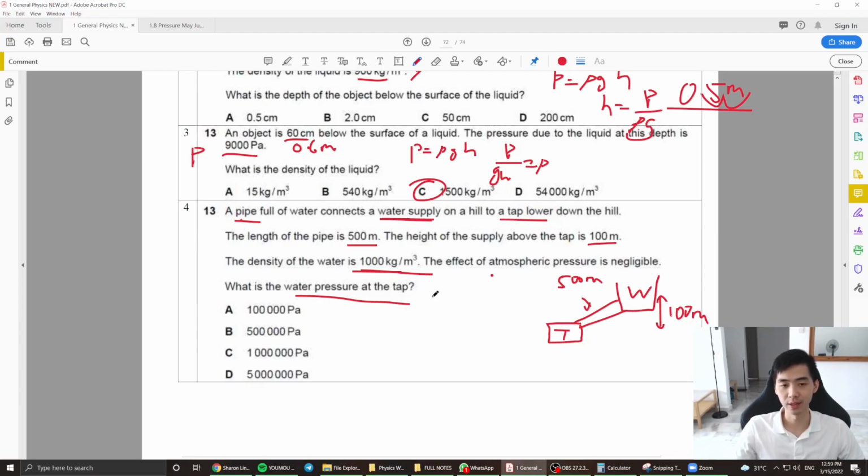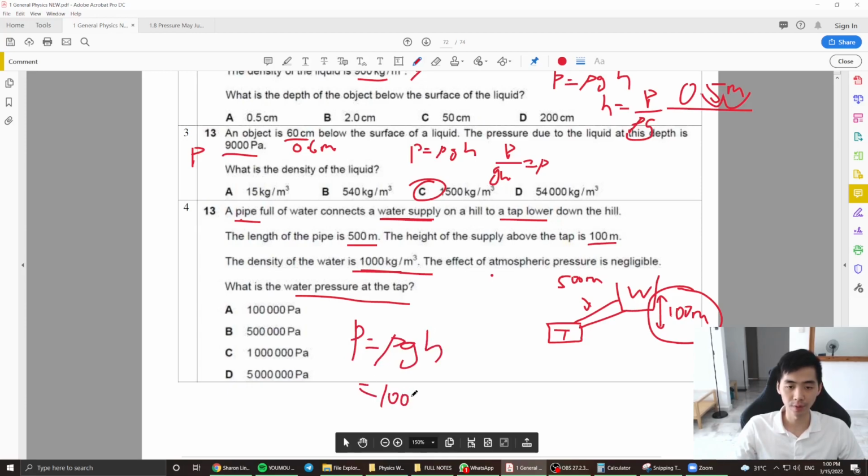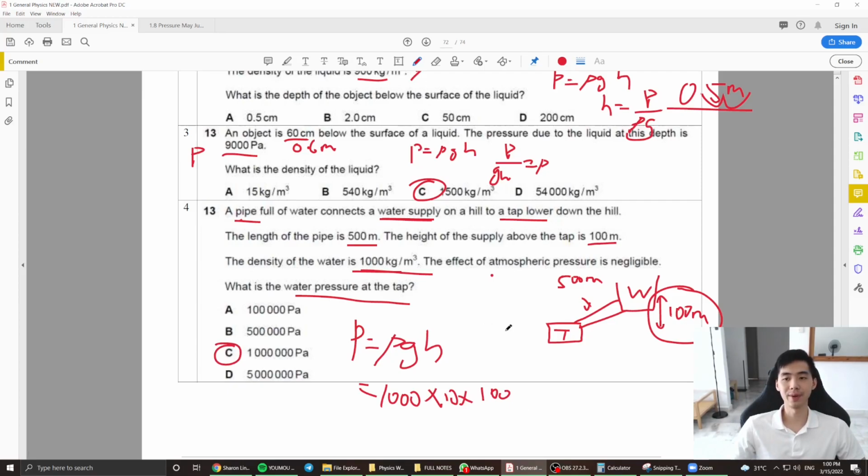Now you have to understand that the pressure of the tap is supposed to be affected by the vertical distance, right? So from here it is basically just pressure equals to rho g h, which is going to be 1000 multiplied by 10 multiplied by your 100 here, which at the end of the day will give you 1 million pascals instead. Okay, it's just a matter of misunderstanding of the question's style. Alright,